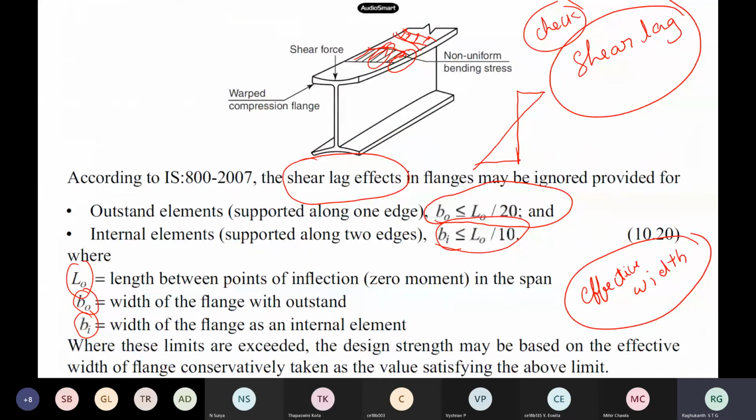And then shear lag also we have. The shear lag also comes from your simple bending theory. Your simple bending theory says the stress is uniform, but in reality it is not uniform. In the flanges, the middle portion will have high stress and the edges will have very low stress, a non-uniform kind of thing. We also do a criterion for this, but we don't encounter these types of things frequently. The code also says that if this is not matching, you may have to do some extra things, maybe use an effective width of the flange. So these are two additional criteria.